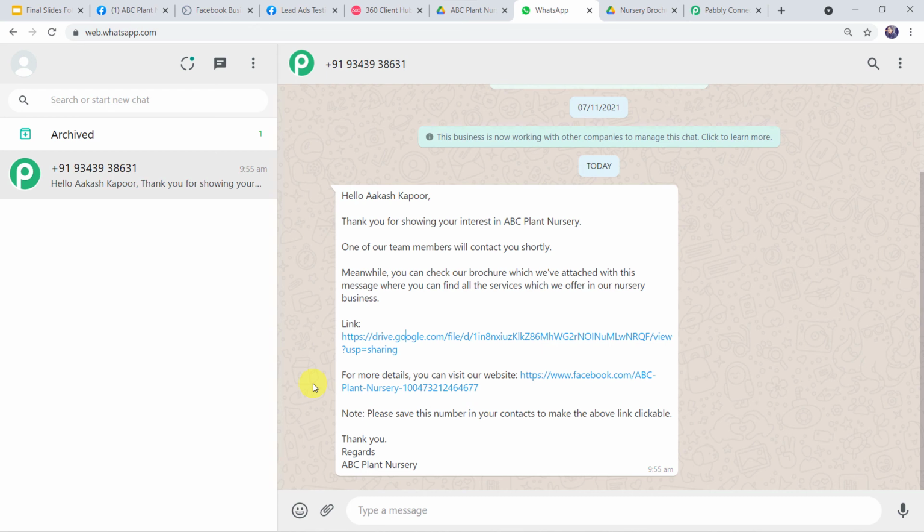Now here I want to give you an important piece of information. Here you can see that the data has been captured immediately, but sometimes this may take some time in fetching the data as the trigger here, that is the Facebook lead ads, is polling based. So if your data doesn't get captured immediately, don't worry about that and please wait for 15-20 minutes patiently and the data will surely arrive.